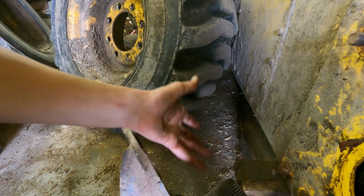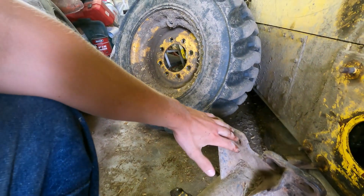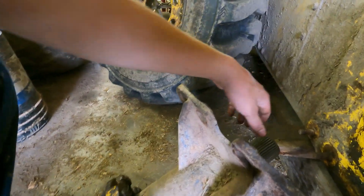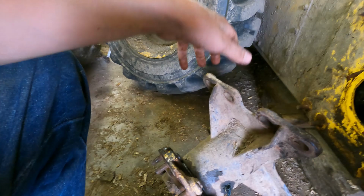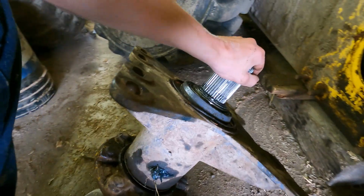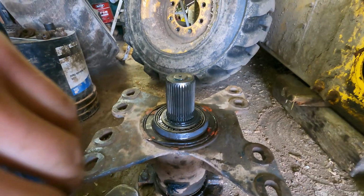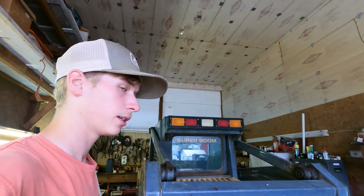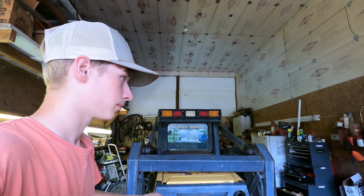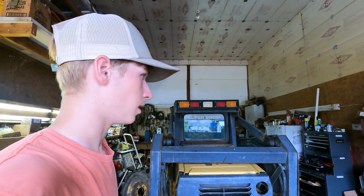There's no wonder why everything's wearing out here, but it'll eventually pull dirt and stuff in there, and then it'll take your seal out, and your seal allows all that dirt and stuff to go in there to the bearing. Even if there is grease in that bearing, it'll still go out. We just changed one on this skid loader, and changed one on the Gale skid loader. They all have their problems eventually, but I think the biggest problem